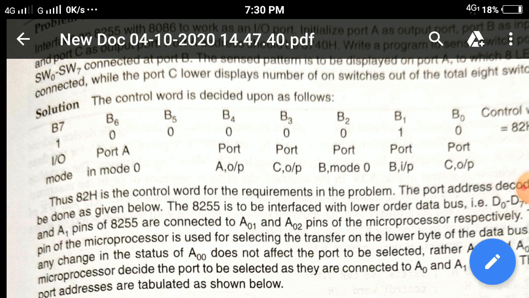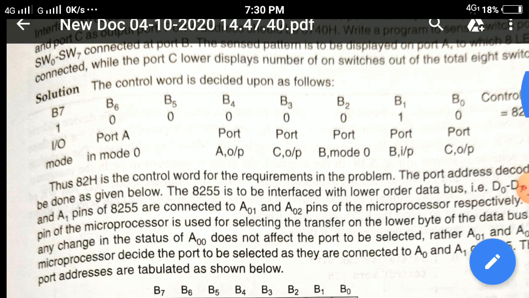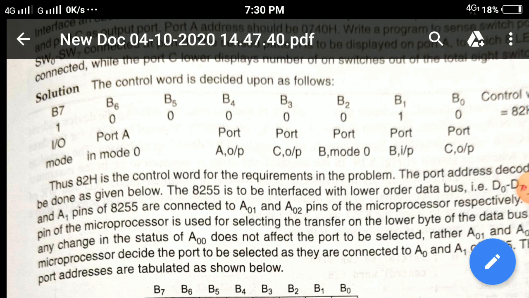And what about B6 and B5? B6 and B5 bits are used for choosing the mode of operation for port A. If it is 0, 0, the mode that we selected is mode 0 operation. So B6, B5 is 0, 0, and we choose mode 0 for port A. The next one is B4.